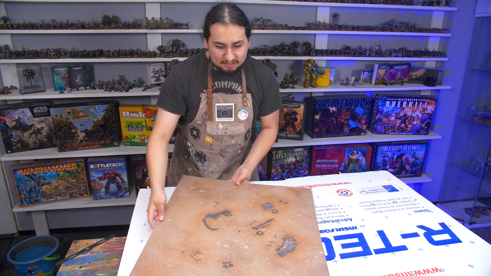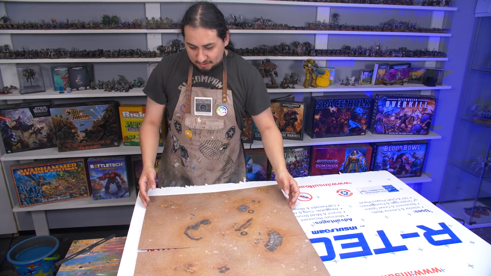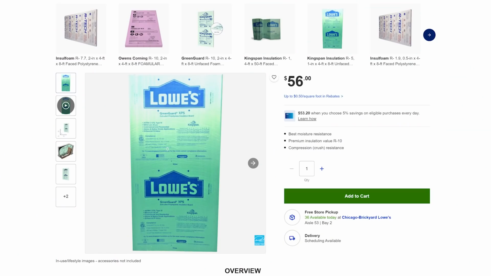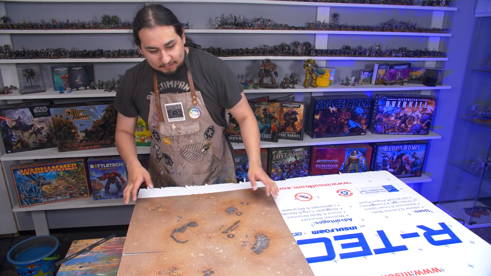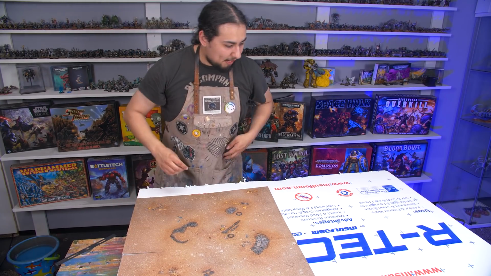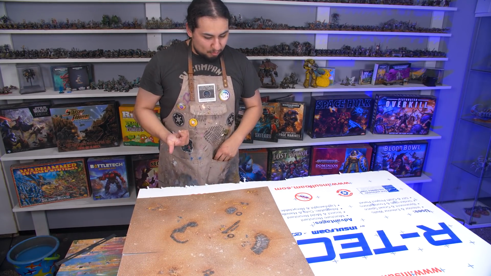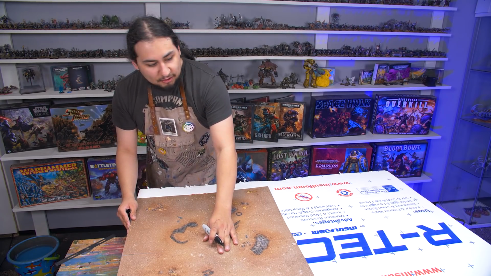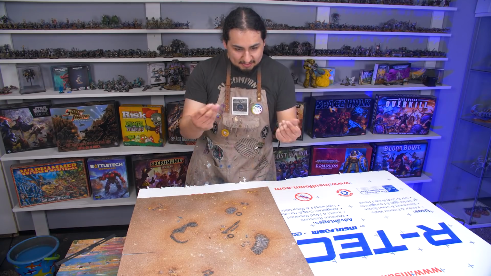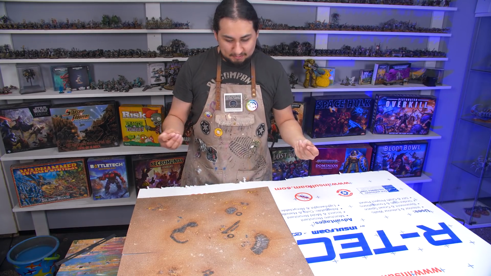Usually I like to use insulation foam, but turns out insulation foam right now is crazy expensive, and all I could afford was this styrofoam. And styrofoam is less rigid, less dense, so I'm sure it'll be just as good. Also, I don't know exactly how I'm gonna cut it because it's not dense foam. It's made up of